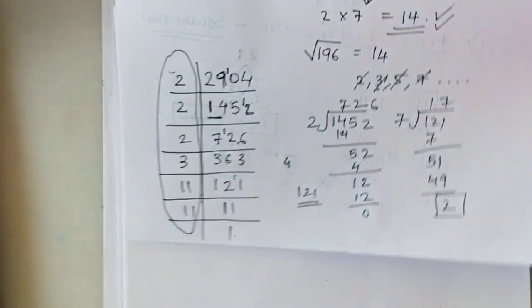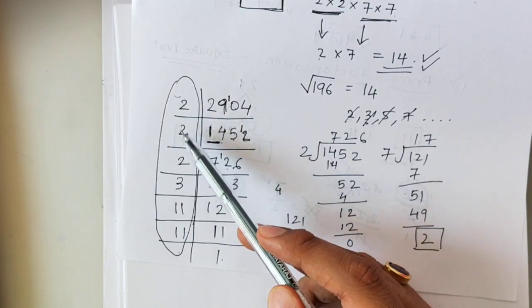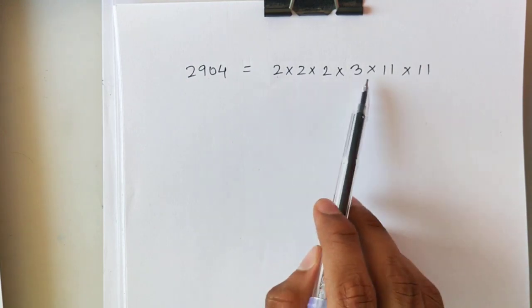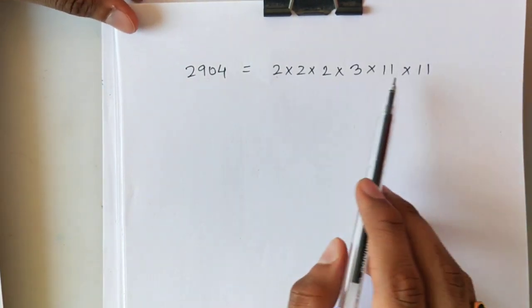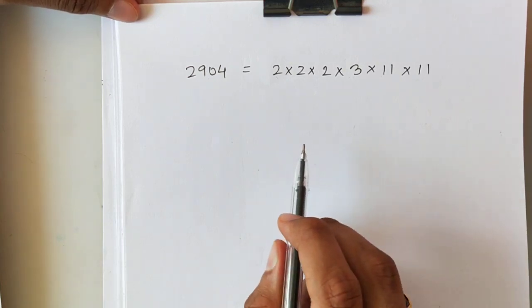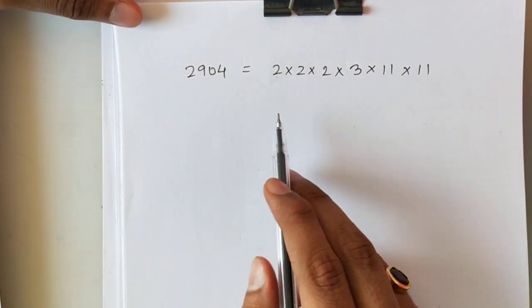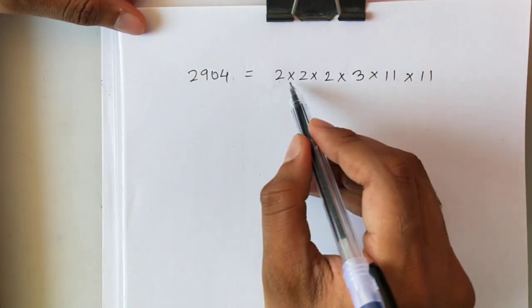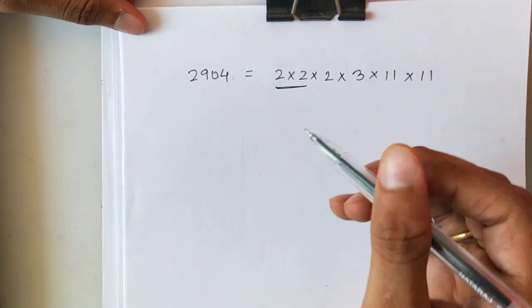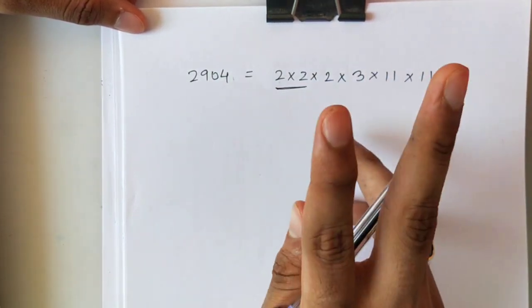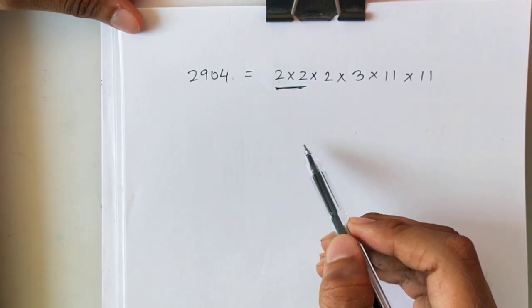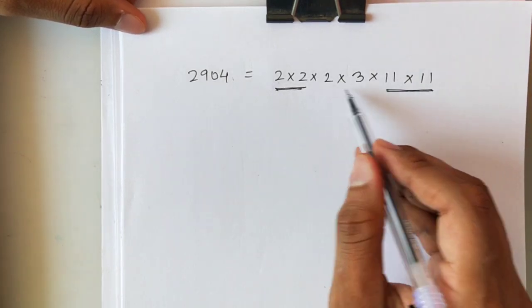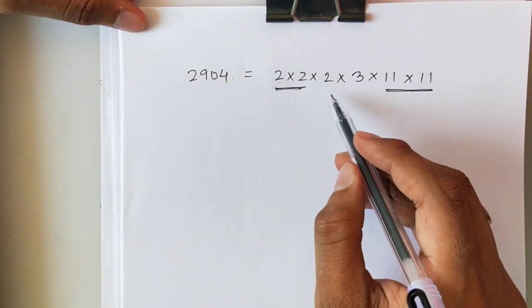So once I did this prime factorization, I got 2 2 2 3 11 11. So I have written these numbers here: 2 2 2 3 11 11. Now I've told you to find the pairs because I have to find the square root of this number. Okay, I'll find pairs. So I can see here 2 and 2. Always the pair should be of two numbers, not 3, 4, 5. Two numbers. So here there is a pair of 2. Then here there is a pair of 11. Here if you see, one number is 2 and one is 3. They are not forming a pair.